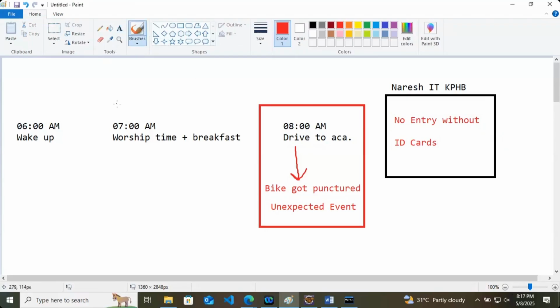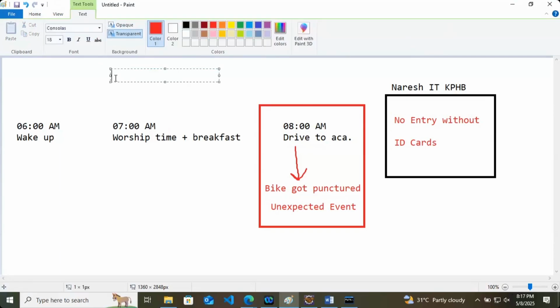Now, when you were starting from your home at 7 a.m., your mom or someone who reminds you said, do you have your ID card? Have you kept your lunch box in the bag? So they are reminding you about some events. Your mom is saying, have you kept your ID card with you? Otherwise, they will not allow you.